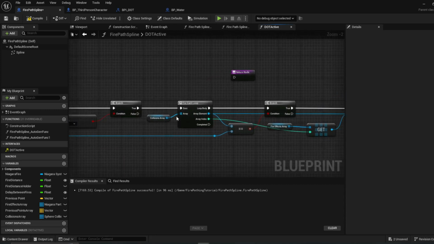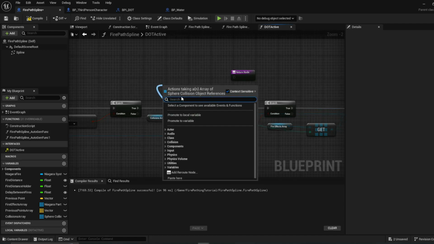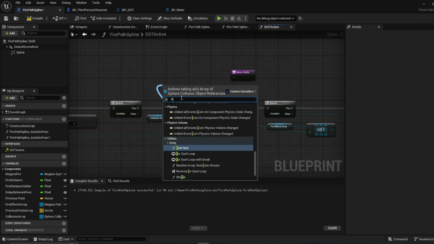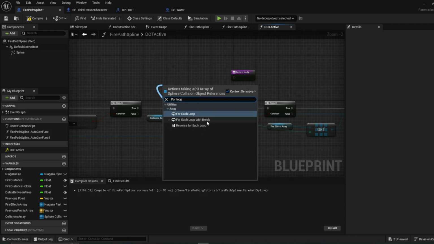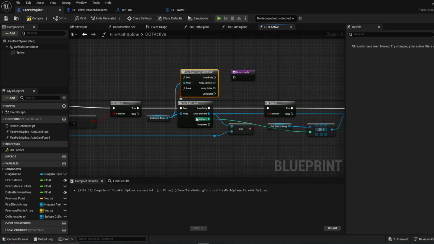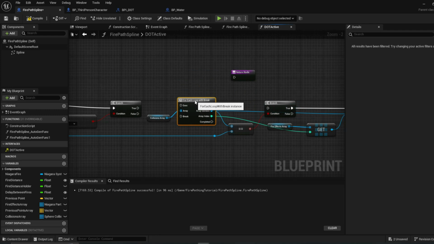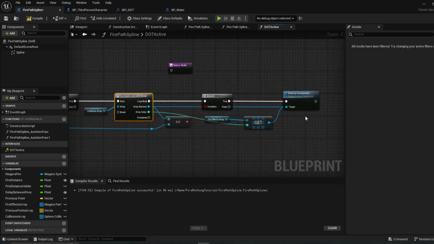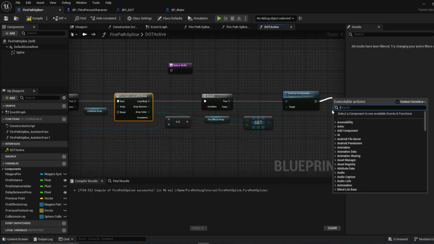Oh, you know what? We should use a for loop with break here. That way it doesn't loop through the entire array if it comes across the correct component. So we'll just take this and this, get this here, and then we want to loop this back to break. So we'll do